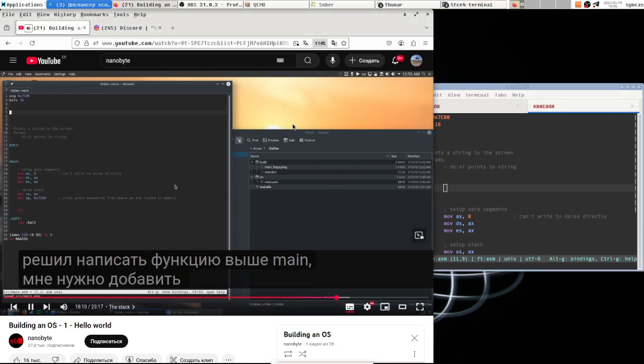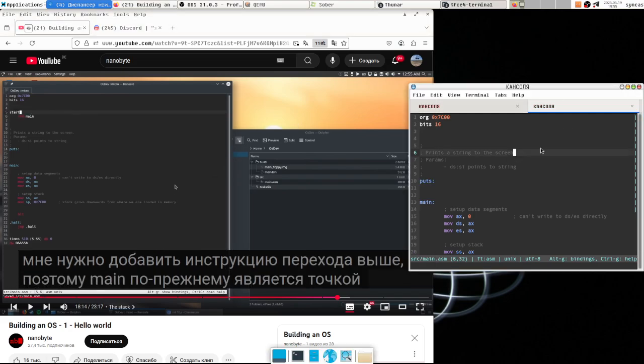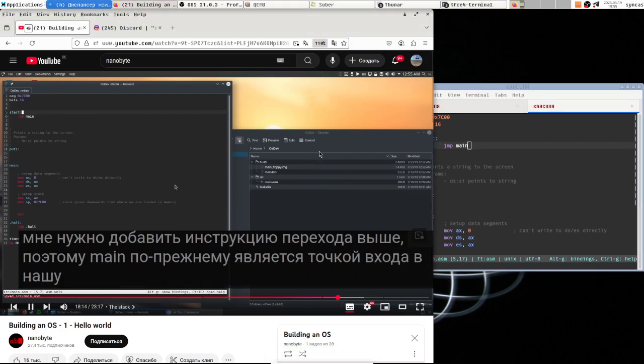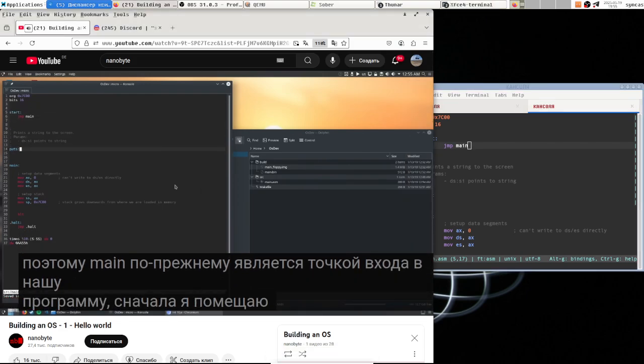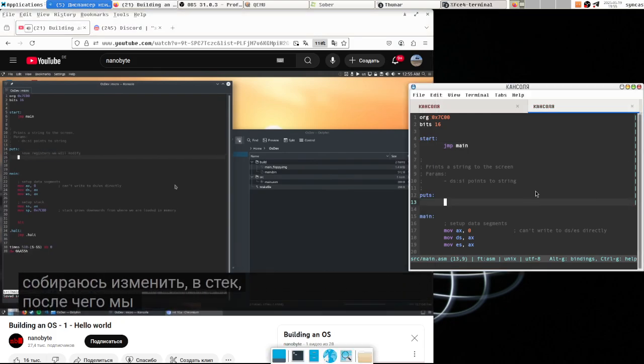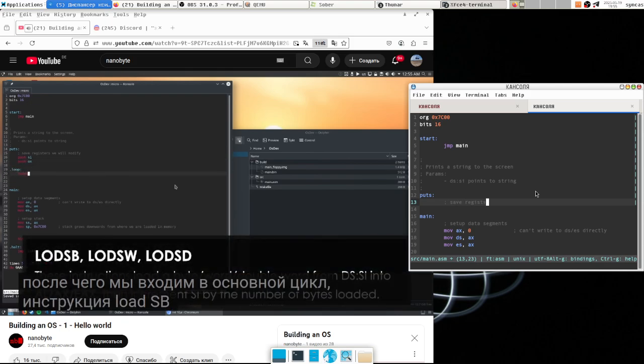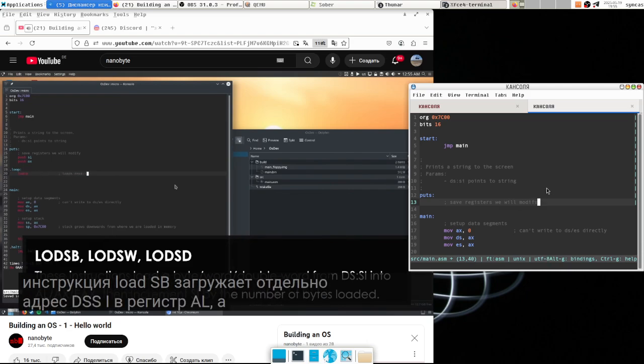Because I decided to write the function above main, I have to add a jump instruction above, so main is still the entry point to our program. First, I push the registers that I'm going to modify to the stack, after which we enter the main loop. The lodsb instruction loads a byte from the address DS:SI into the AL register and then increments